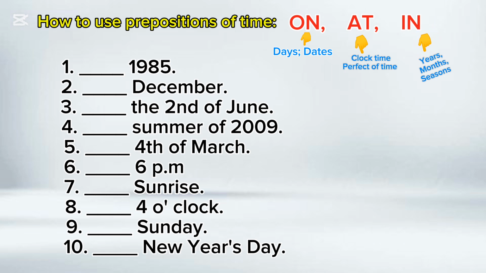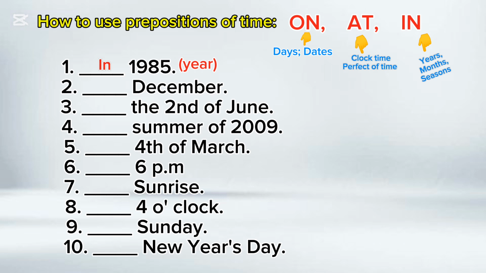Okay, now let's try to solve 10 exercises and learn to use the correct preposition. Number 1, blank 1985. This refers to a year. So, what is the correct preposition? Very good. In